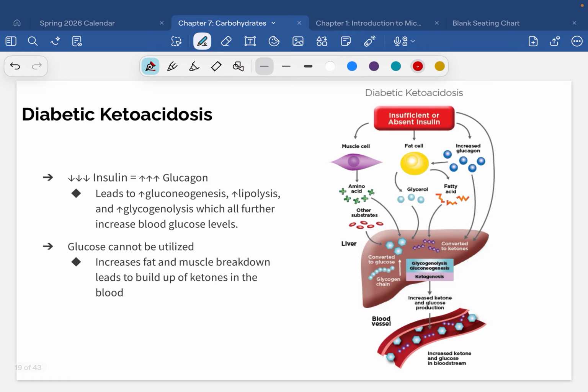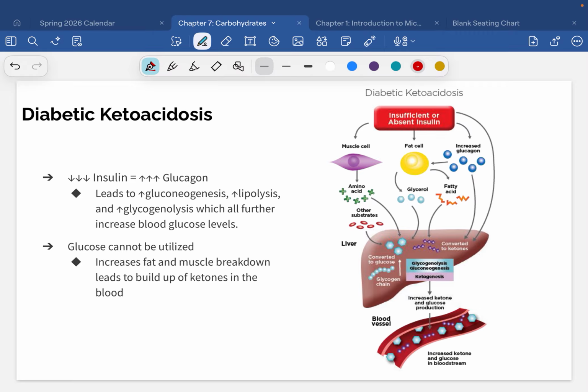Okay. So diabetic ketoacidosis is the specific type of coma that happens in people with diabetes, specifically type 1 diabetes. And we'll talk about why. In diabetic ketoacidosis, remember that we talked about that insulin and glucagon are opposites. They are counteracting hormones. When you have low amounts of insulin, you're going to have high amounts of glucagon. When you have low amounts of glucagon, you'll have high amounts of insulin in a normal, typical, healthy, functioning pancreas person. Not a normal person, that's not a nice word.